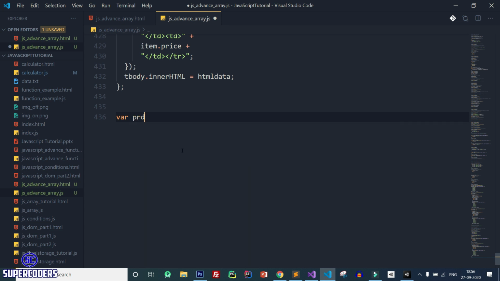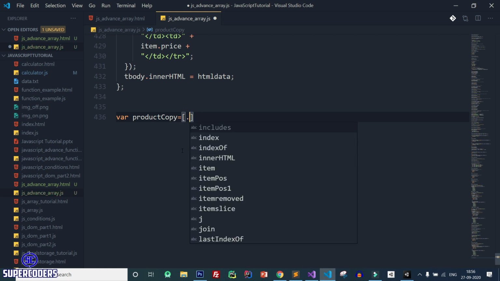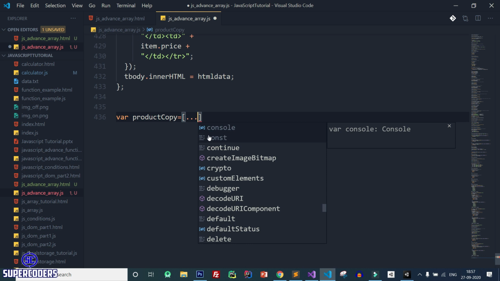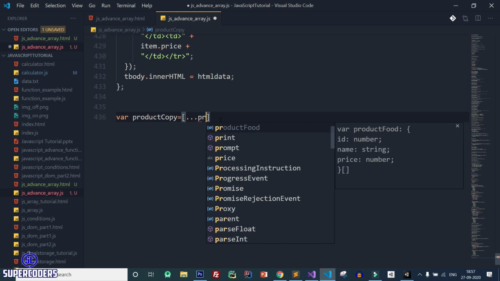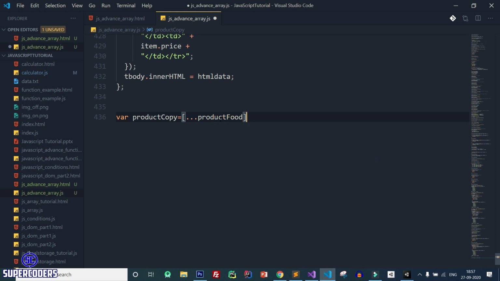So let's see, product copy equal to, then first array, then triple dot, which is known as spread operator. After that pass product food. So in this way you can use spread operator to copy the data from an array, and it is an alternative way of copying the data of an array without using the slice method.